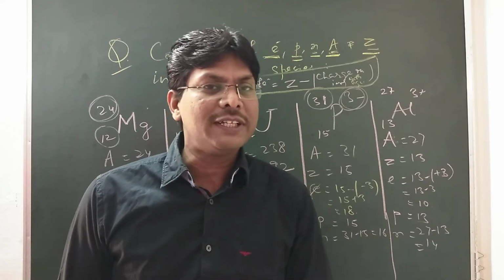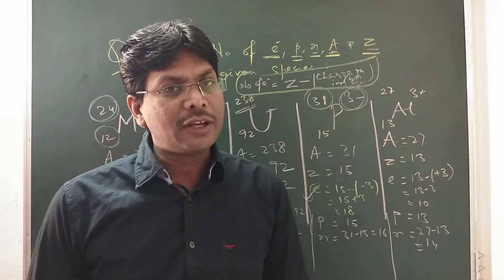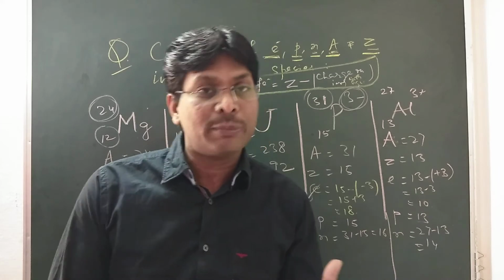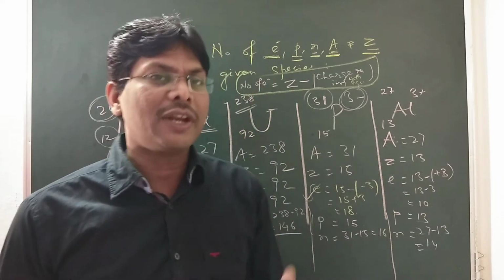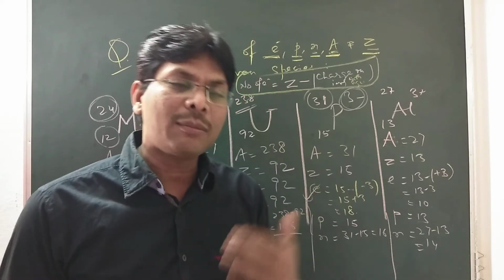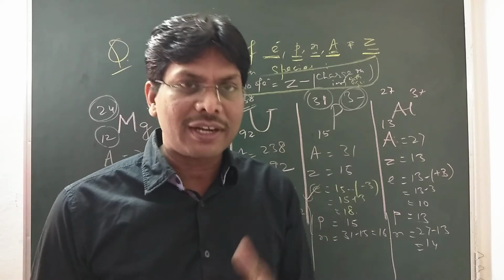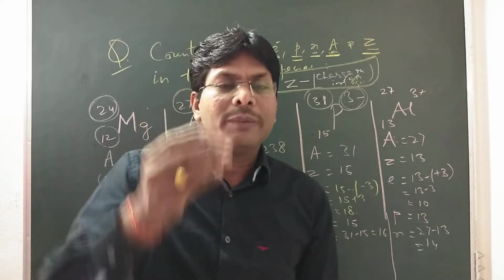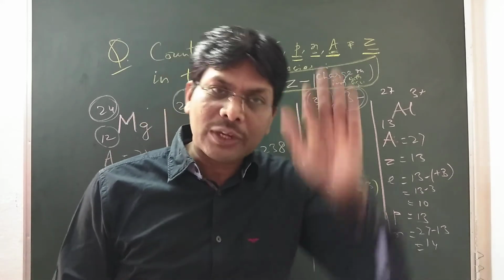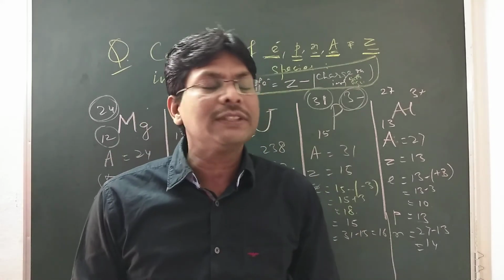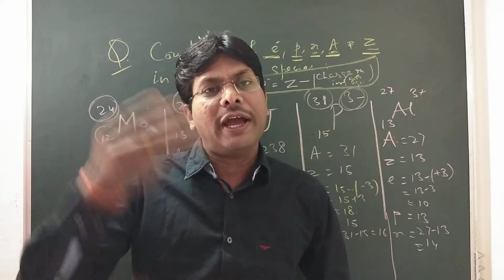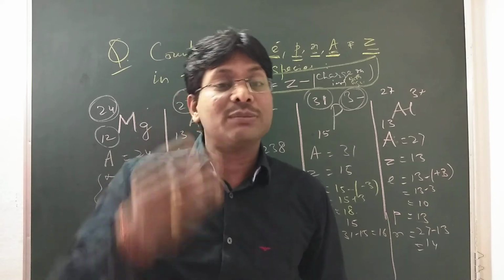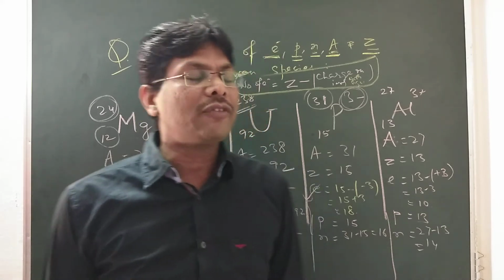For a neutral species, electron and proton numbers are equal, but once the species loses an electron, it becomes a cation. Loss of electron forms the cation. And once an atom gains electrons, it becomes an anion, means negatively charged. When it gains electrons, the negative charge increases. When it loses electrons, positive charge increases. So in case of cation, the number of electrons is less than protons. In case of anions, the number of electrons is more than protons. This you have to keep in mind.